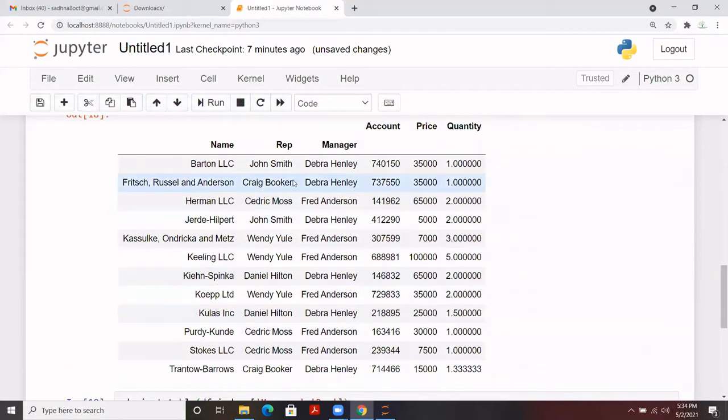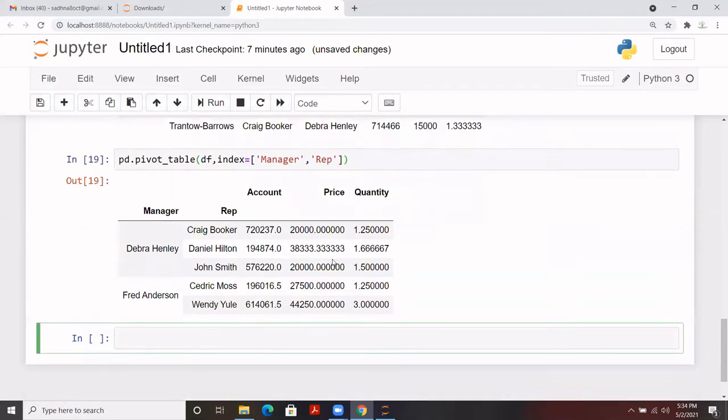You see that it was looking a bit typical to understand. I was not able to get what is happening there, under what representative or for which manager. I was just checking out the duplicate values, so that's why I applied the pivot table in that way, and you have to keep trying. It will come with practice. There is no fixed set of rules that this is the only sequence you're going to apply in the pivot table for that particular index attribute. So this is what we did. It looks much better than the previous one.